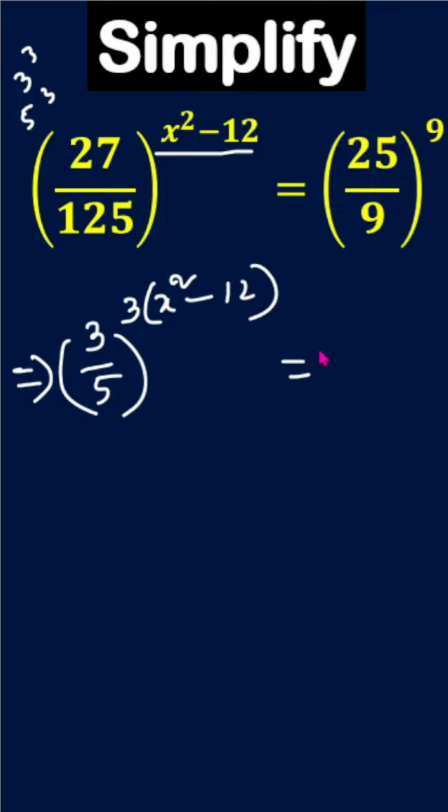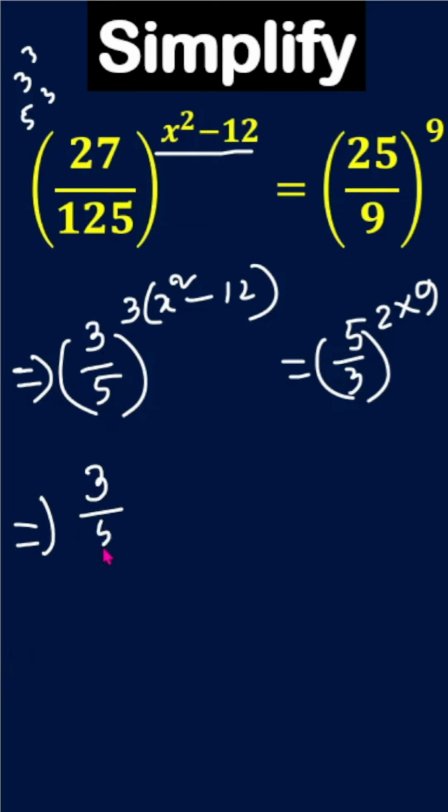Okay, then 25 we can write as 5 squared, and 9 as 3 squared, so (5/3) whole squared, and here the power is 9. Okay, so here we can write (3/5) to the power 3x² − 36